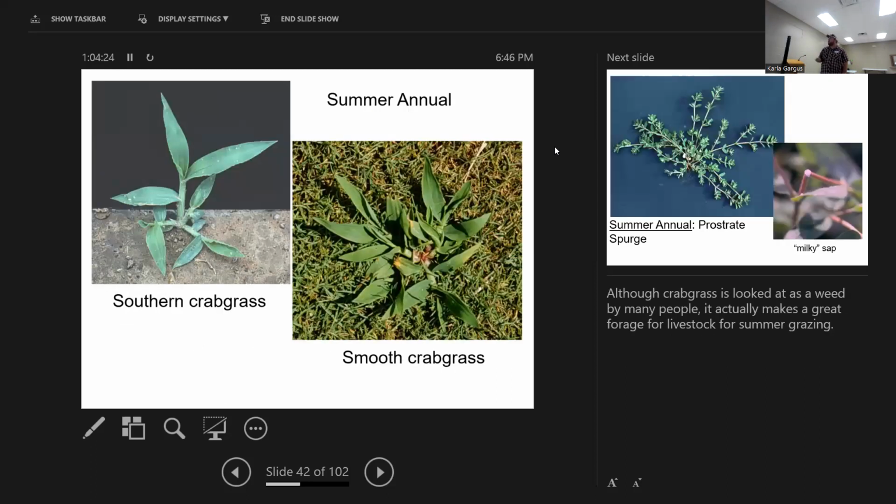Crabgrass, just go. There's two main kinds that we deal with down here: southern crabgrass and smooth crabgrass. This one, whenever you feel the leaf blade, it's going to feel kind of hairy and almost a little prickly. This one just feels like a smooth leaf, and that's the biggest, easiest way to tell between the two. And note that even though this is a weed in your yard,